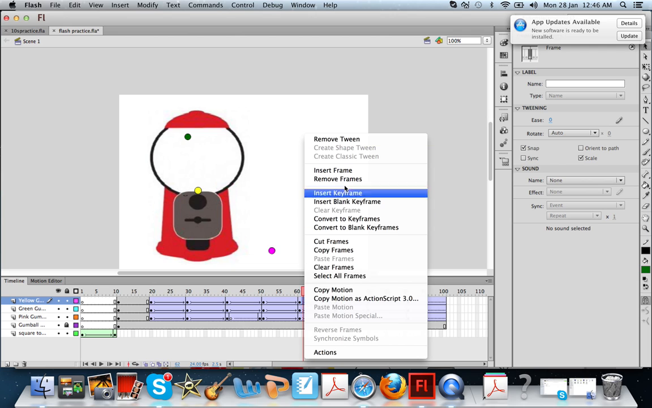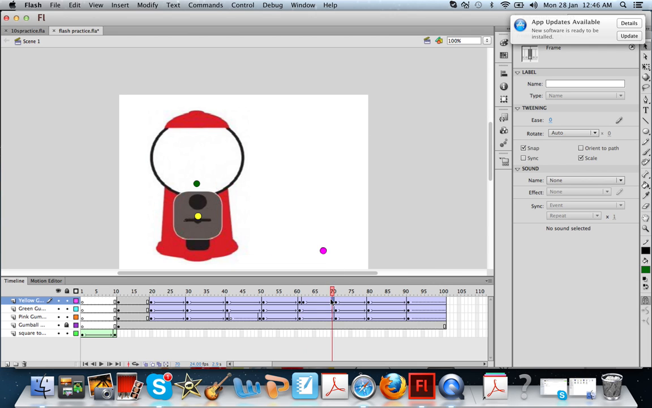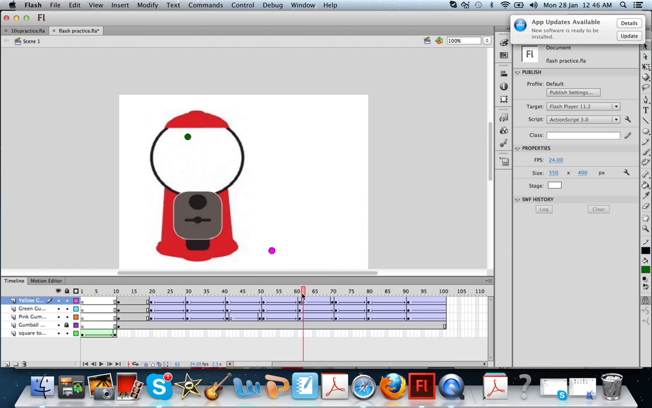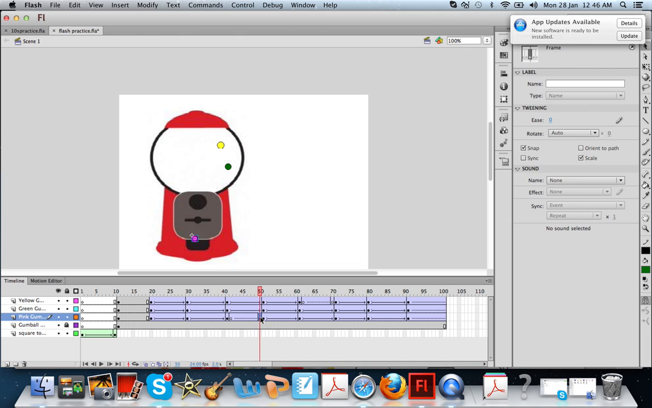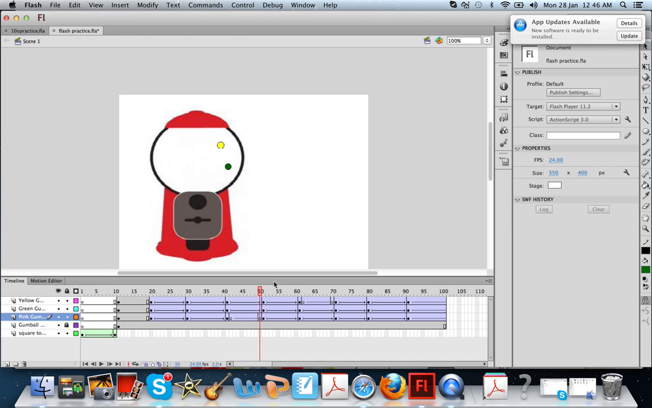61, right click, insert keyframe. 69, right click, insert keyframe. Delete from the beginning to the end so that it will just disappear, and appear where it needs to appear. Clean that up. And then,